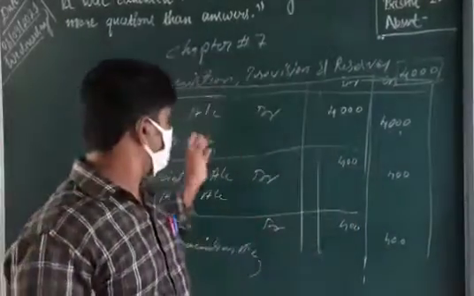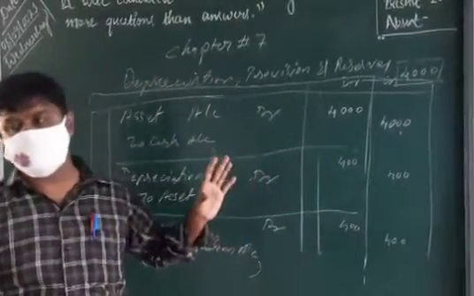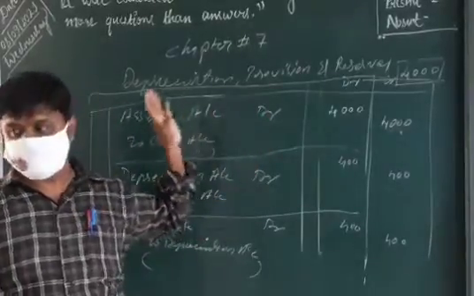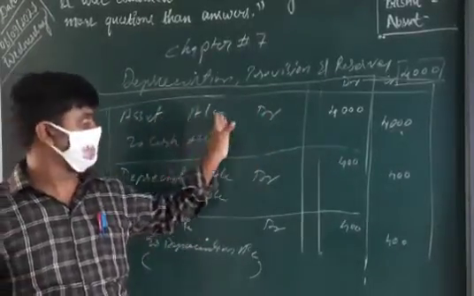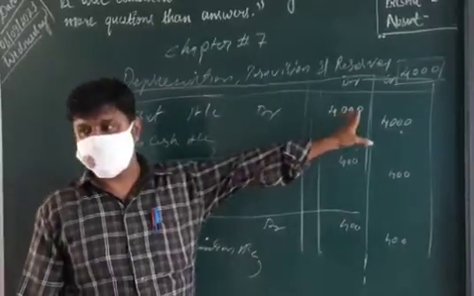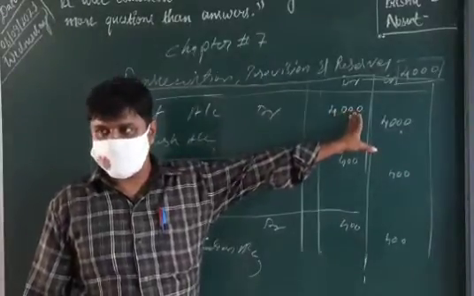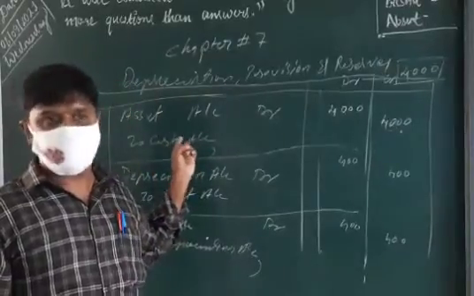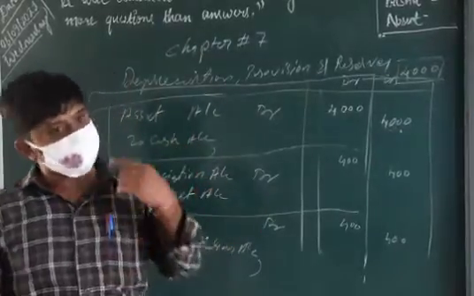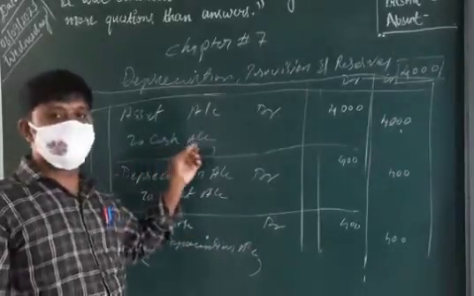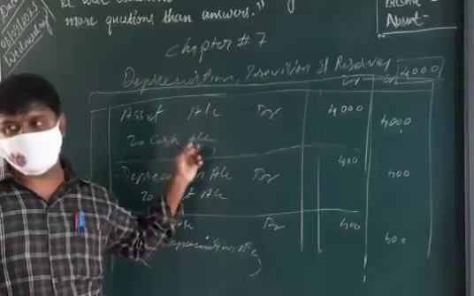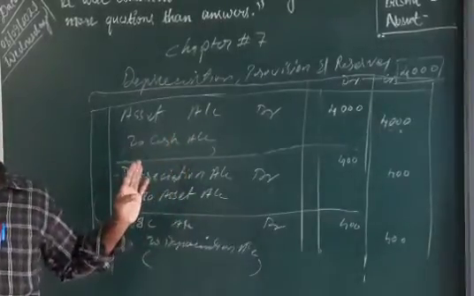When we purchase an asset, we pass this journal. Whatever asset we purchase goes on debit, with the amount that we got. If it is by cash, then cash; if by bank, then bank; and if it is a credit purchase, then the supplier name or supplier company name we write here. You understand now?